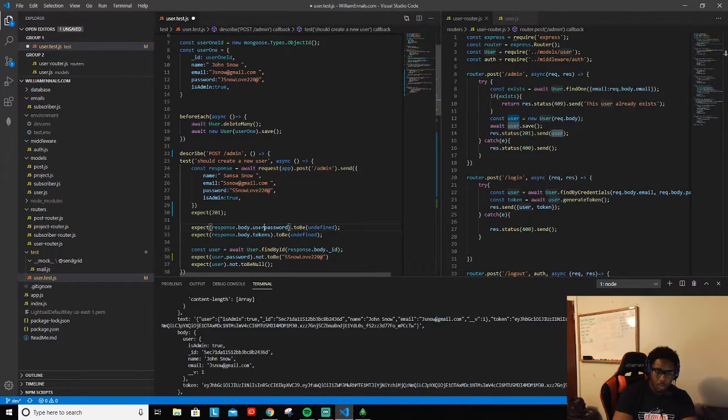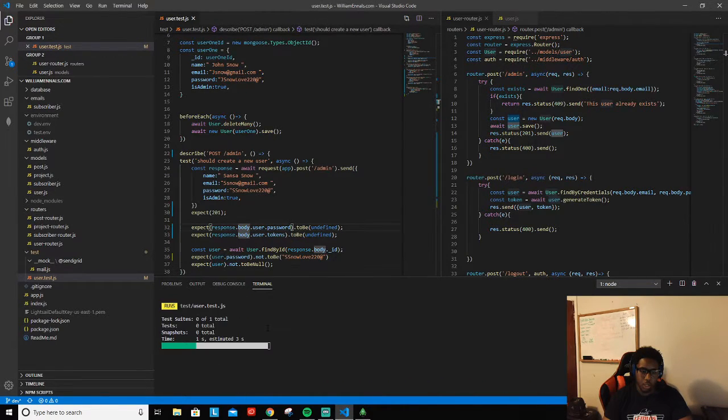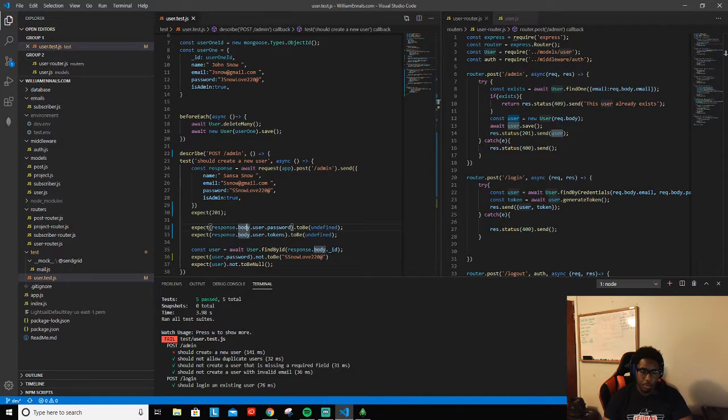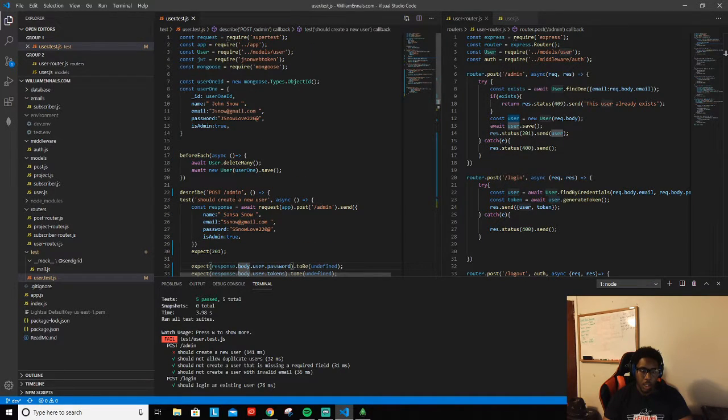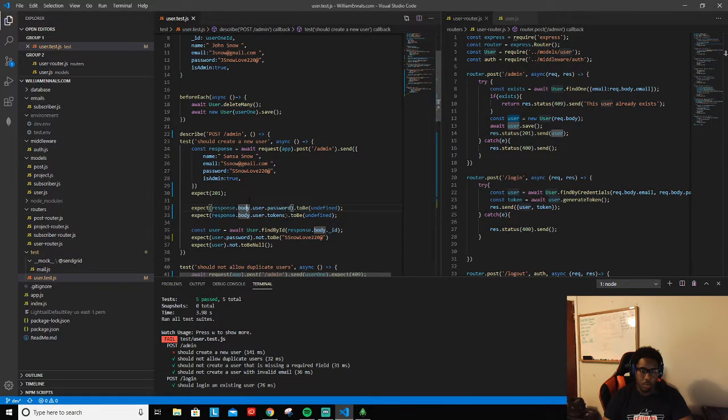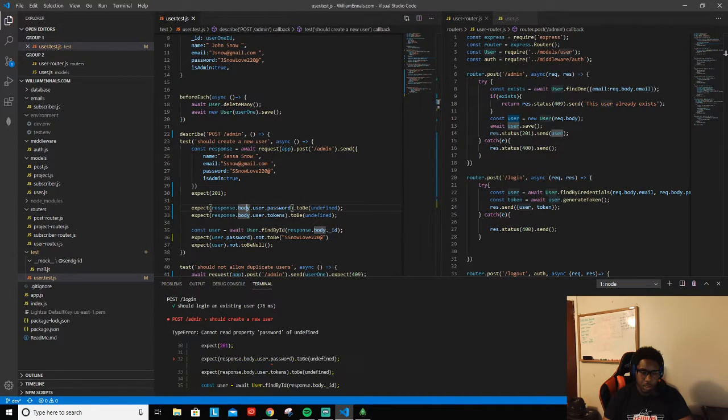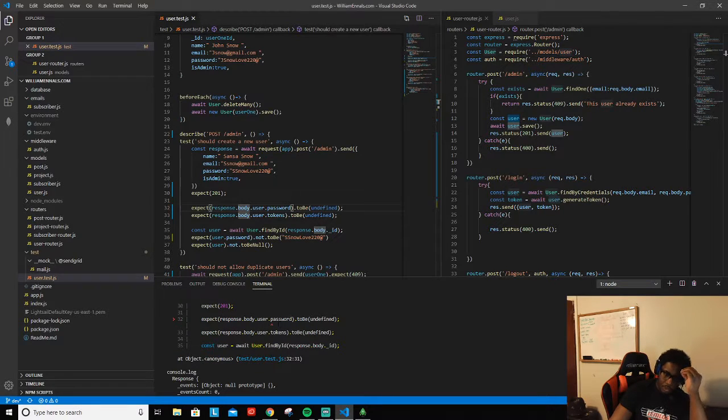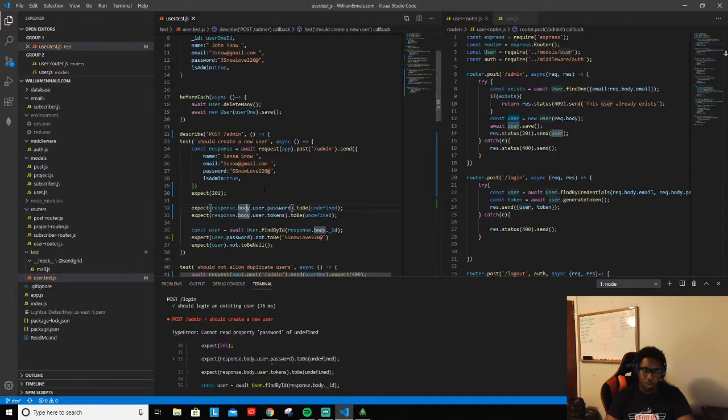Response dot user dot password, dot user dot tokens. I'm just going to start with that one first, because I think I tried that before and I got an error. Yep, we're getting an error here. Let's see what it says. Password is undefined. And that's true. So I think what's happening here is that we were just trying to access some properties that didn't exist. Because if we were to console log it,